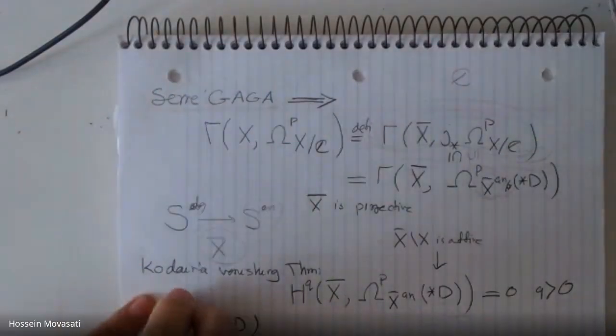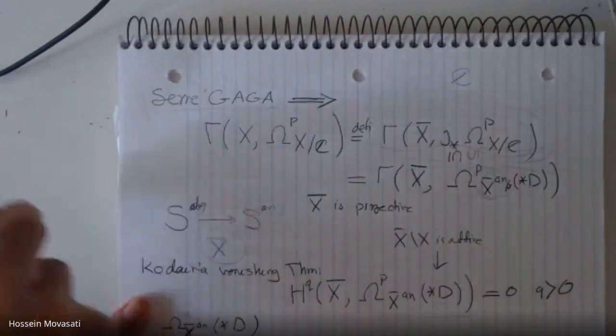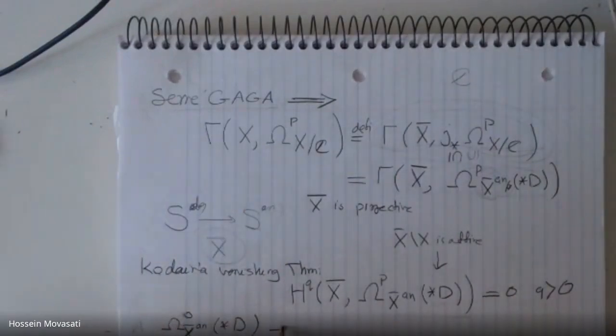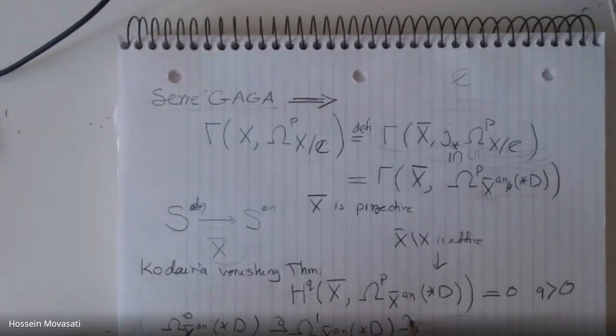Maybe I write it. Let me put partial d, omega 1, and so on. Too much notation going on, but okay. And since all these things are 0, what it means is that we have actually an acyclic